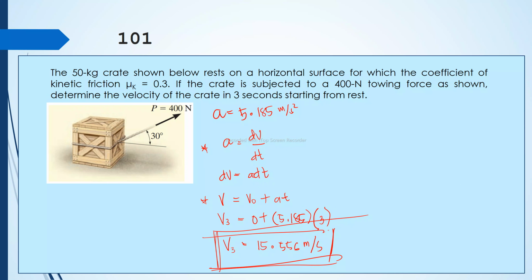The force P is constant, therefore the pulling acceleration is also constant. That's why we use just the kinematic equation: final velocity is equal to initial velocity plus the acceleration times the time. And we got our final answer, the velocity of the crate after 3 seconds starting from rest, subjected to a 400 newton pulling force, which is equal to 15.556 meters per